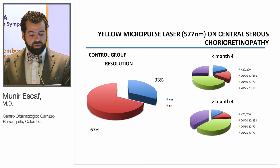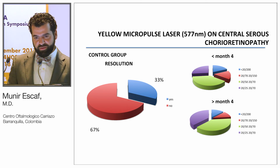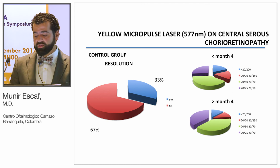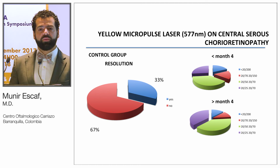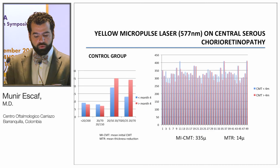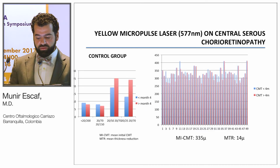We had resolution in 67%, 33% of our patients, and we had a small increase in visual acuity after month 4. Why month 4? Because that was my cohort in the first part. In the control group, we can see that the initial